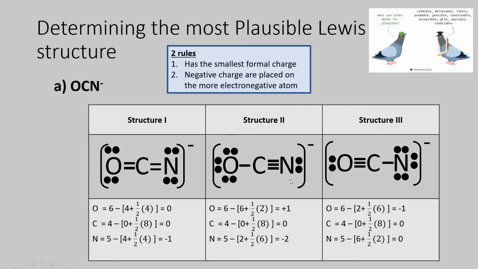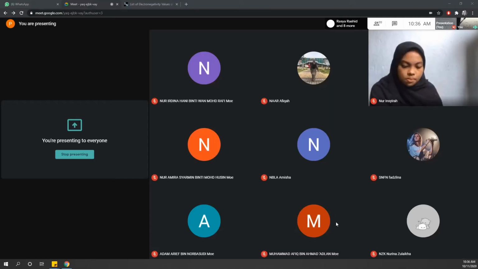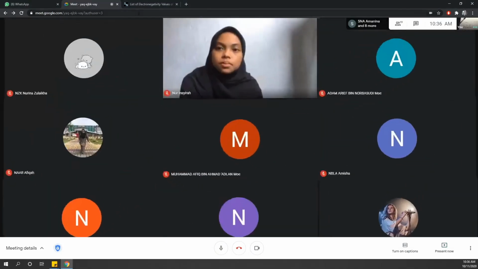Kalau OCN minus ni, dia orang very rarely akan duduk dalam bentuk macam ni. Bentuk C triple bond N. Siapa baru masuk tu? Okay. So, you nak decide between structure 1 and structure 3. And then you tengok. Satu, structure 1, negative charge is on the nitrogen. While structure 3, negative charge is on oxygen. Okay. Now, how we do it is, kita tengok list of